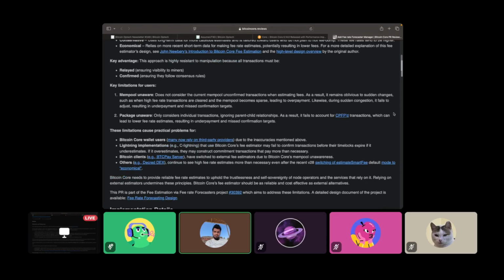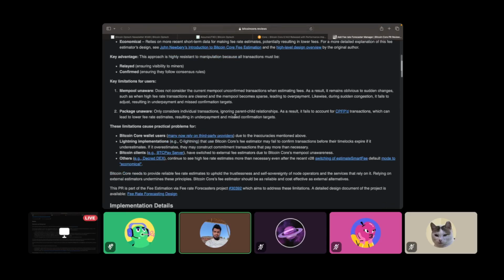Package unaware: only considers individual transactions. So currently what happens is that Bitcoin Core's fee estimation estimates the fee for each transaction individually. So if there is a package of a child and a parent, it will not consider that package and estimate a fee for the entire package. It will only estimate the fee for individual transactions. And we know that now